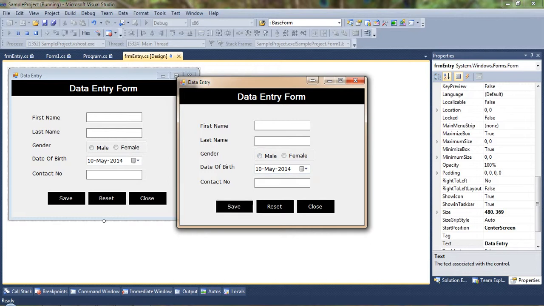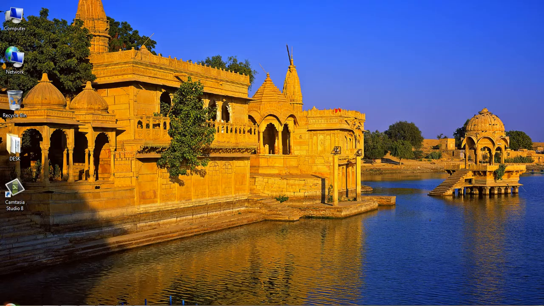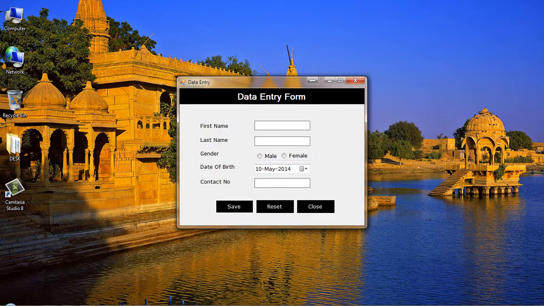So on click of the save button, we'll perform the validation check, and only if it is valid, then proceed. So basically I have created this form. Now we'll create the functionality that it will reset the entire form data on click of the reset button. Right now nothing will happen. So we'll add that functionality.